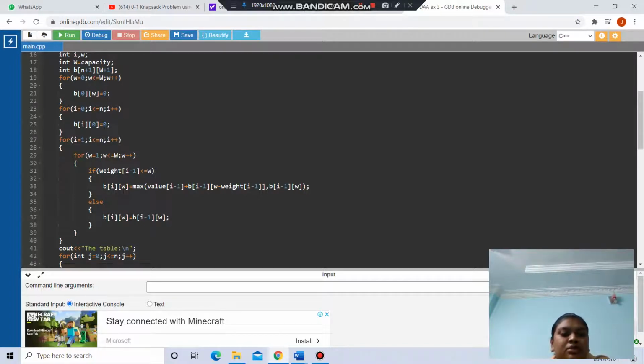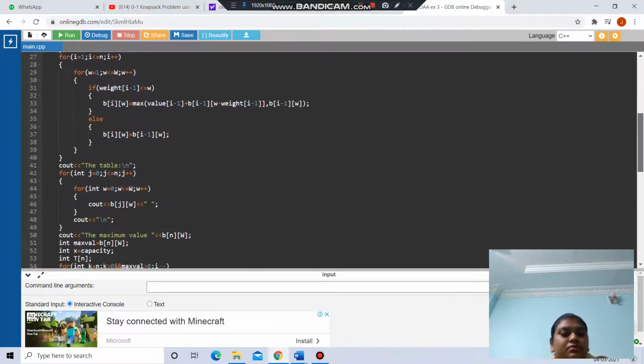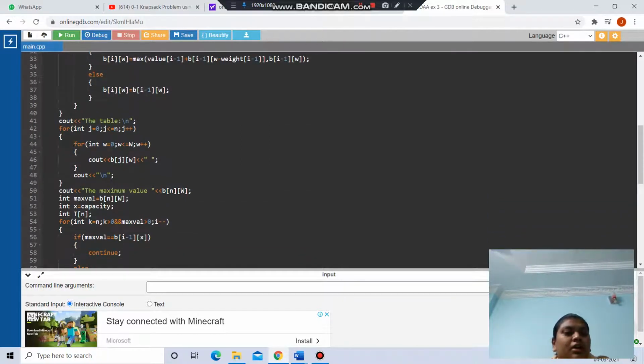If it is not less than or equal to w, then b of i w will be b of i minus 1 of w. And now here, to print the table, we have given the for loop int j equals 0, j less than or equal to n and j increments, and here int w equals 0, small w less than or equal to w and w increments, printing the whole table.